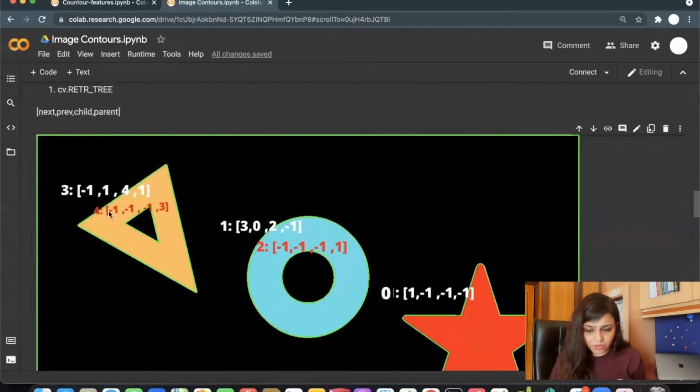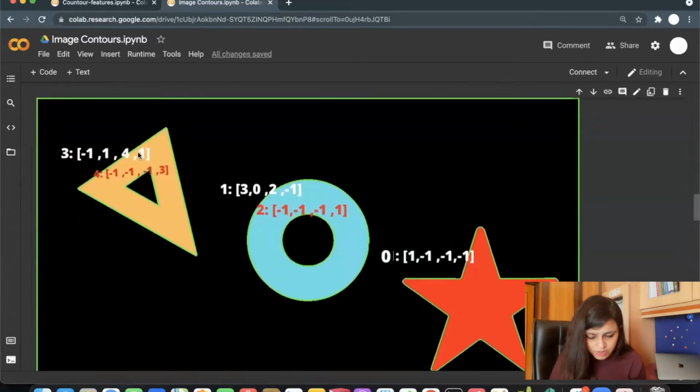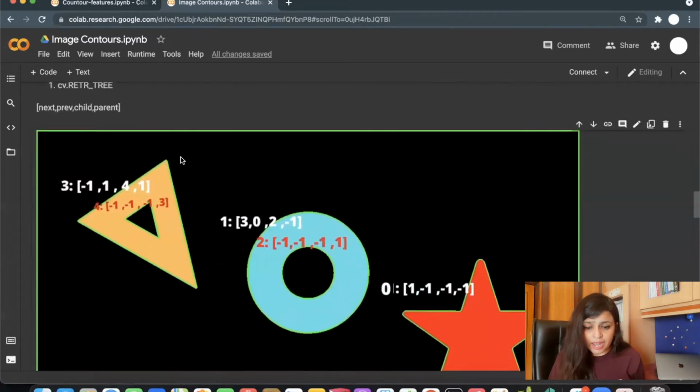The previous contour is this one, because this third object has the second object as the previous contour. I named its outer contour 1, so previous will be 1. Its child contour is this smaller triangle, that is 4, and its parent is -1. It was mistyped, so it should be -1.